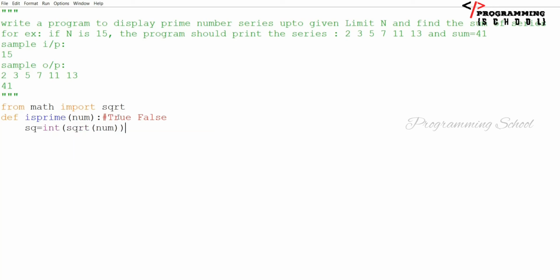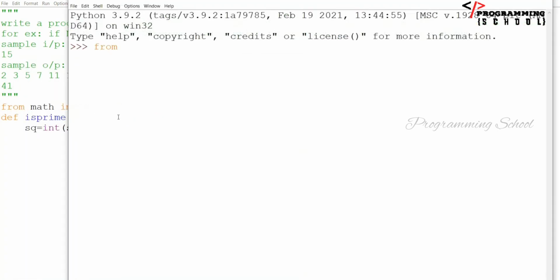Why am I going to take int of sqrt of a number? For example, from math import sqrt, sqrt of 100. Every time, the square root is going to return a floating value.